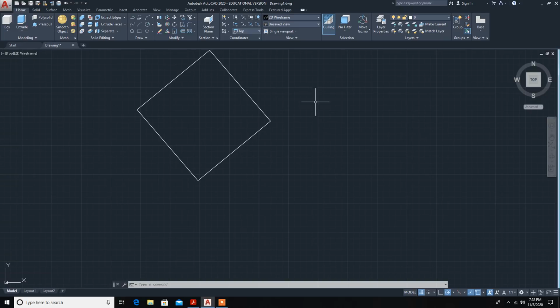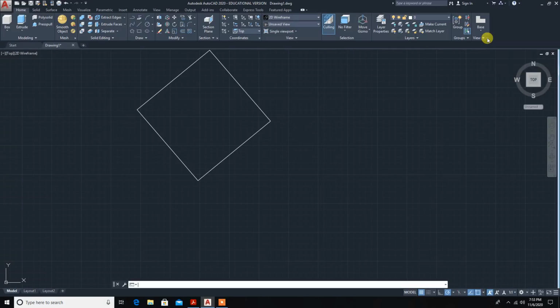Now we need this 3D object in a 2D format. So we'll be bringing this object into the layout, or you can create a layout. Before that, here in AutoCAD, the default projection angle is third angle projection. In our country India, we go for first angle projection.